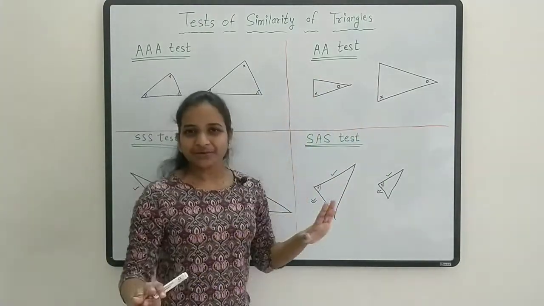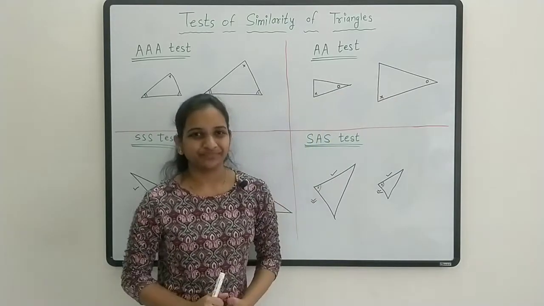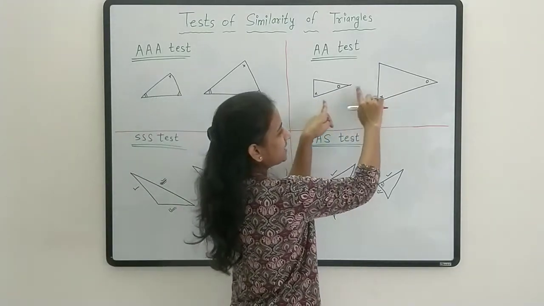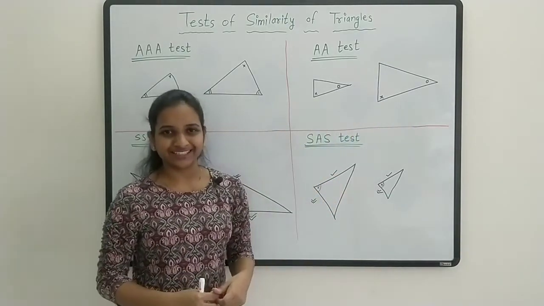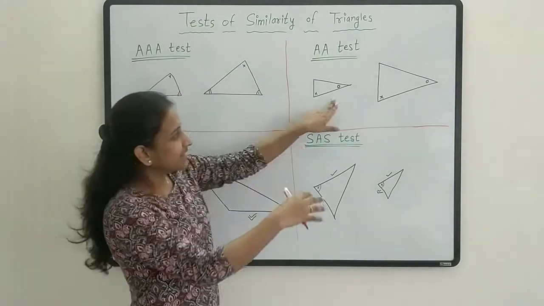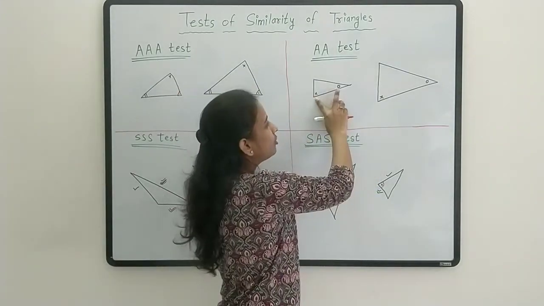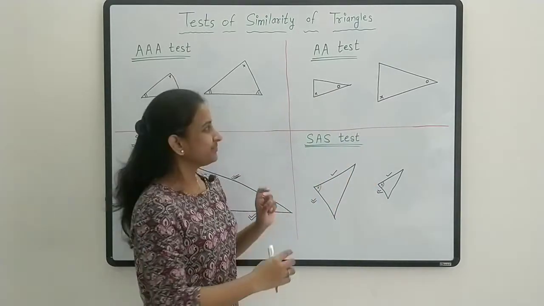AA test. Only two angles are sufficient to tell whether the triangles are similar or not. See, if two angles are equal, then we can say two triangles are similar triangles. See, here we have said that three angles should be equal. Here we are saying only two angles are sufficient to tell whether the triangles are similar or not. See,